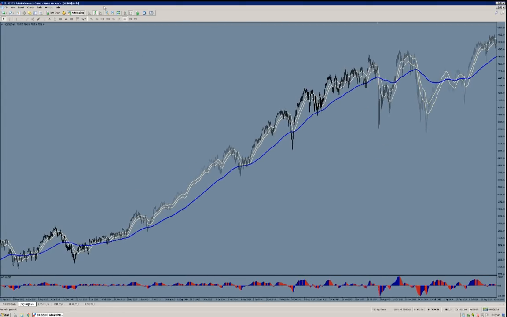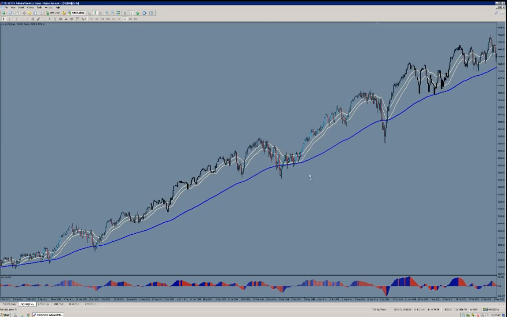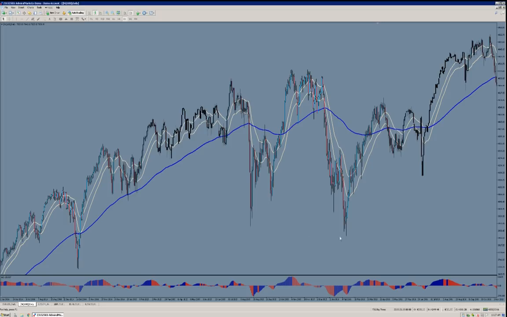the picture looks quite different. You see, what was a nice clean bounce of the long-term moving average on the weekly chart, which was basically it bounced here at these lows, looks very messy on the daily chart. Here you would think, oh my god, the moving averages are completely useless. And why is that? Because you're looking at a trend that's on a bigger scale. So if you even go down to the daily chart in this Nasdaq trend,